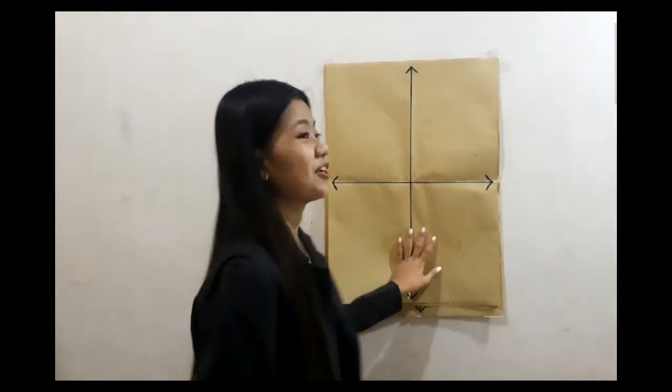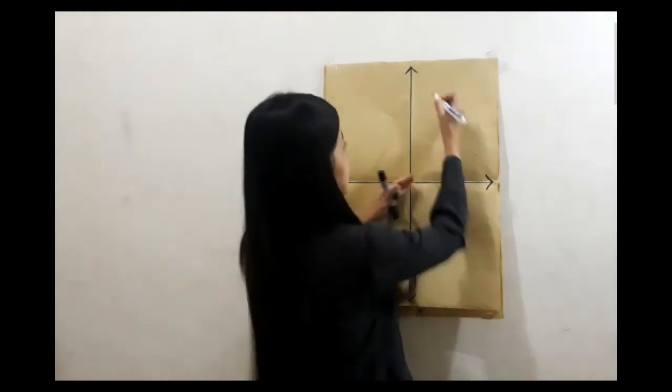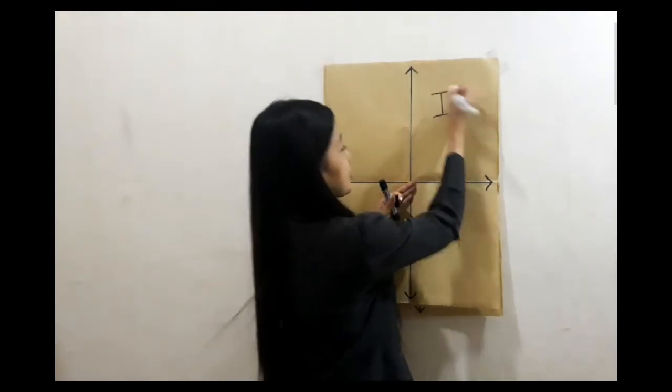But before we proceed, what is the distance formula? The distance formula is used to calculate the distance between 2 points. So let's take a quick look at our Cartesian coordinate plane. Our Cartesian coordinate plane is composed of 4 quadrants. We have the first quadrant,